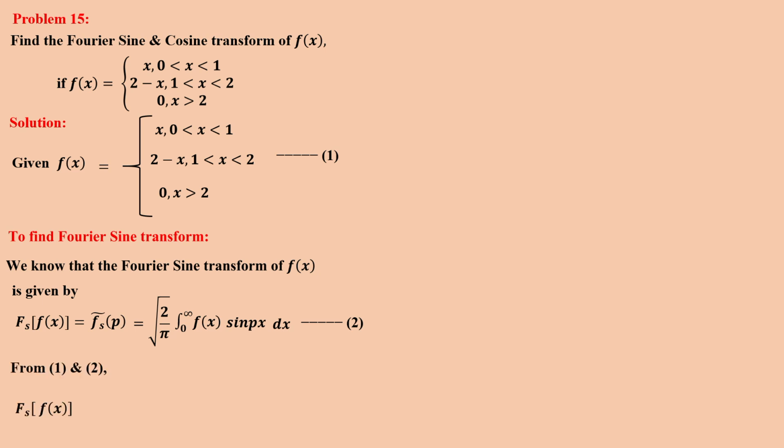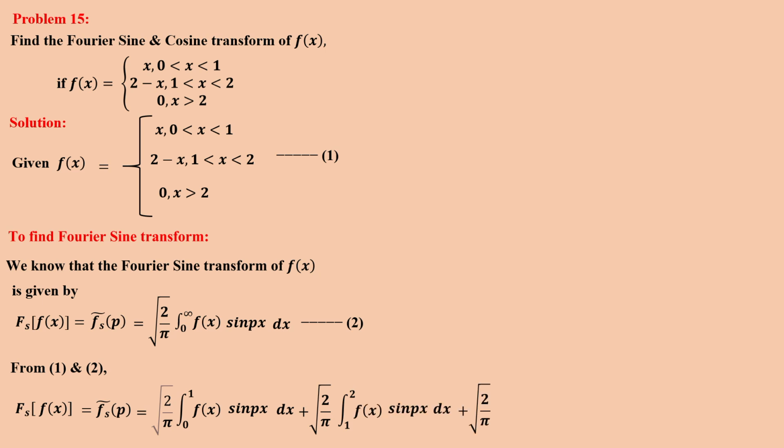So splitting that, you will get root 2 divided by pi integral 0 to 1 f of x sine px dx plus root 2 divided by pi integral 1 to 2 f of x sine px dx plus root 2 divided by pi integral 2 to infinite f of x sine px dx. So we are going to substitute the value of f of x in that particular interval. So in the first interval 0 to 1, f of x value is x, which is equal to root 2